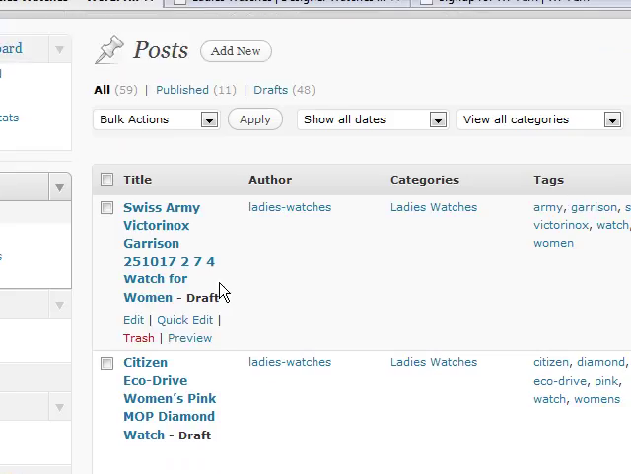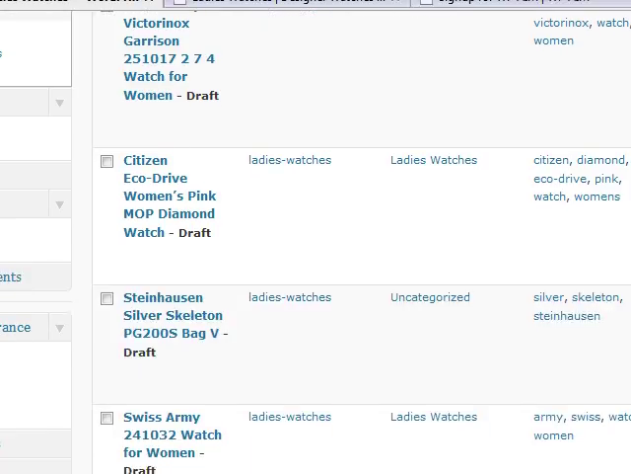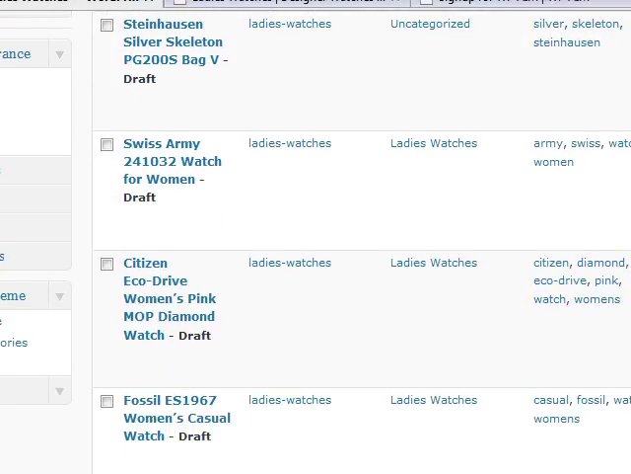You'll see in this example here, Swiss Army Victorinox Garrison Watch for Women, that it's assigned to the category ladies watches, and it has some tags that relate to it: Army, Garrison, Swiss, Victorinox Watch, and Women, and so forth. Now we'll go back to the settings here while I'm talking real quick. There's a reason that I wanted to let everybody know